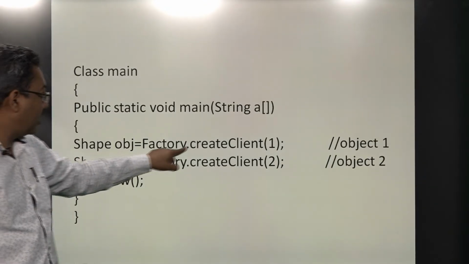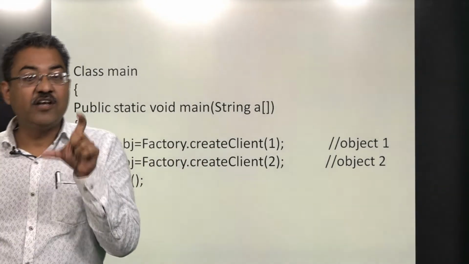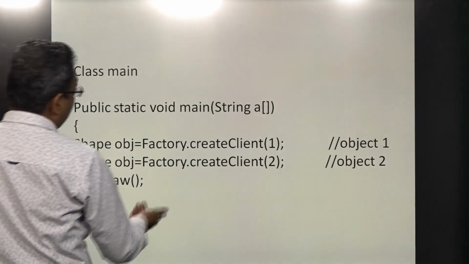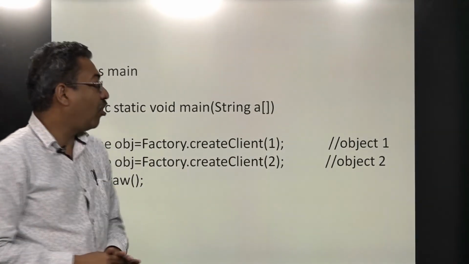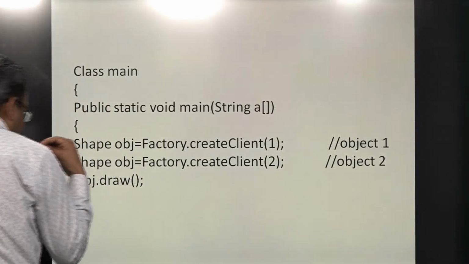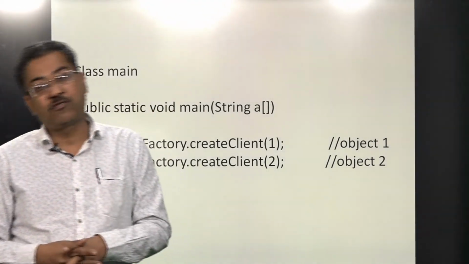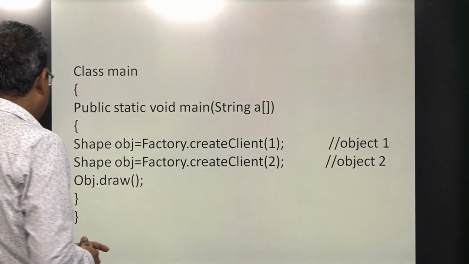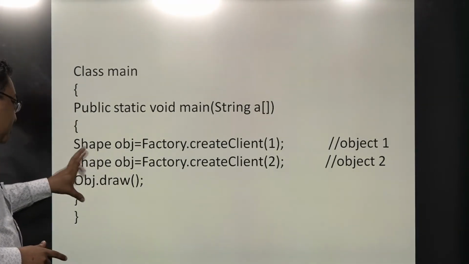तो मुझे सिर्फ और सिर्फ फैक्ट्री का यूज करना है, और फैक्ट्री के भी स्टैटिक मेथड का, जो था क्रिएट क्लाइंट, जिसमें मैंने 1 पास किया तो इट इज गिविंग द ऑब्जेक्ट ऑफ द फर्स्ट क्लास, ऑफ कोर्स स्क्वायर। 2 पास किया तो इट इज गिविंग द रेक्टेंगल, अगर मैं 3 पास करूंगा तो ऑफ कोर्स इट विल गिव मी द ट्राइंगल, द न्यूली क्रिएटेड क्लास। और उसके बाद मैं क्या करूंगा, ऑब्जेक्ट डॉट ड्रॉ।